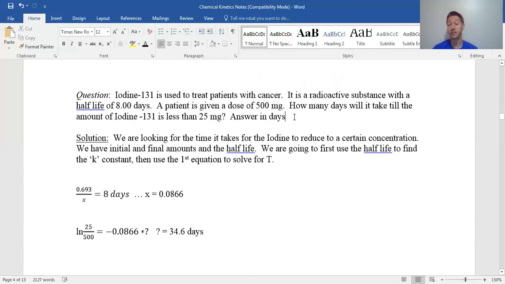This is also useful science for like, when do you need your second dose if you're having chemotherapy or given some radioactive substance? Again, iodine 131 is very common. We give it to people because it's radioactive, and what happens is we give it to the person, it goes into the place we want it to go, it blows up, decays, and kills stuff around it. And so it's all just a bunch of math to know, well, how long will it take until the iodine is too little to do any more damage, and then we got to give you another dose to up it again. And this is real good science here.